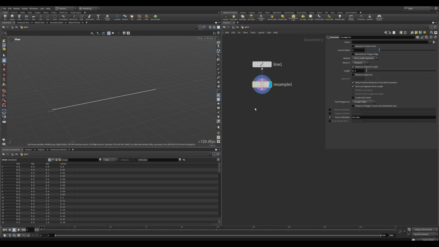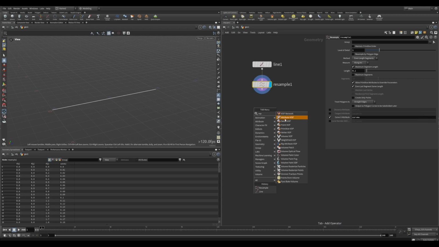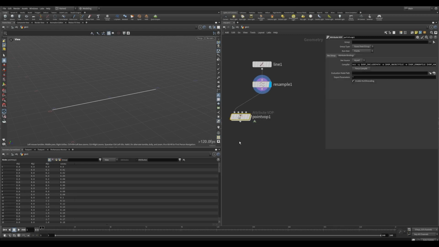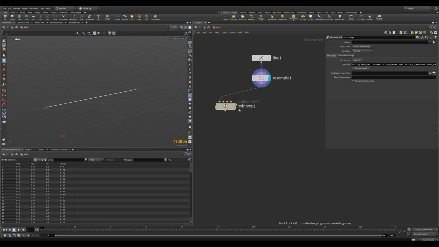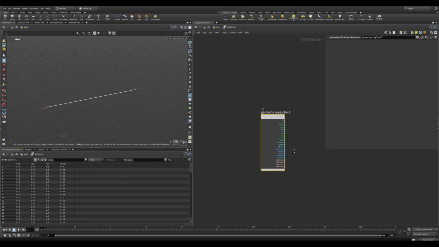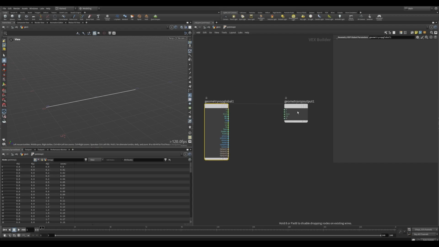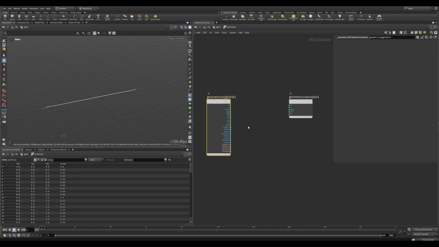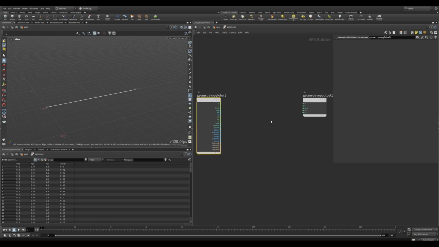The first way is with a VOP-SOP, and the VOP-SOP is basically a visual programming language, as we will see, and you can manipulate the geometry with this node in a programmatic way, which Houdini is good at, basically. So these are the properties. I'm not going too much into the details and the basics. We are just going to make a